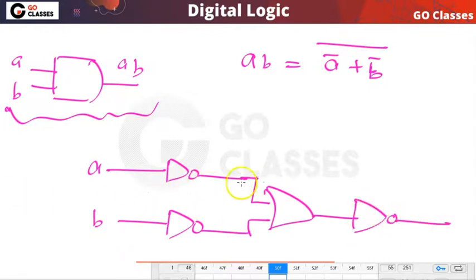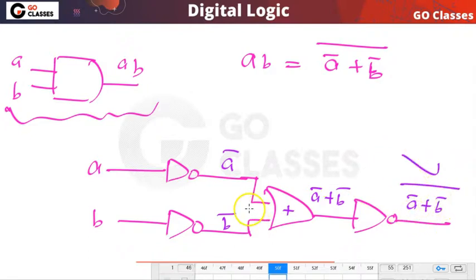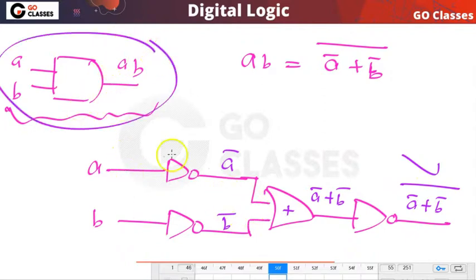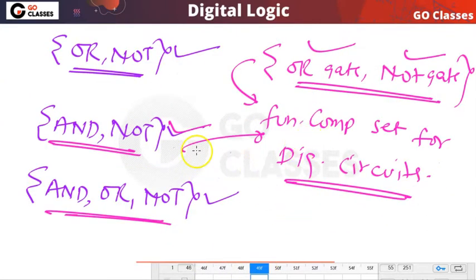You can notice this is the idea: this is A NOT, this is B NOT, finally this is OR, so this will be A NOT or B NOT, and this will be (A NOT or B NOT) whole NOT. And this is your AB. So this is how we can do it. We don't need the AND gate if we have the NOT gate and the OR gate. So using NOT gate comma OR gate, we can implement the AND gate. Any digital circuit you can realize using NOT gate comma OR gate.